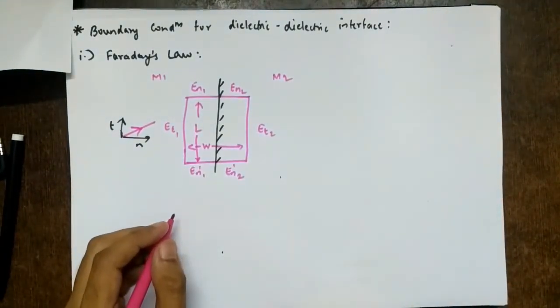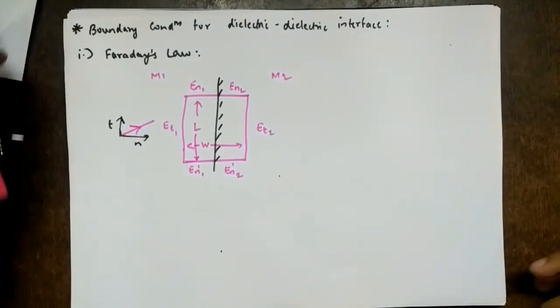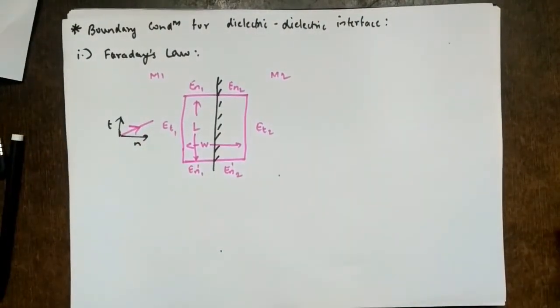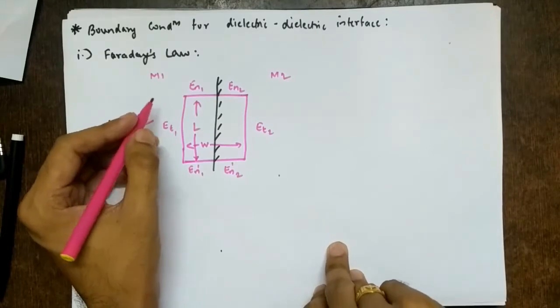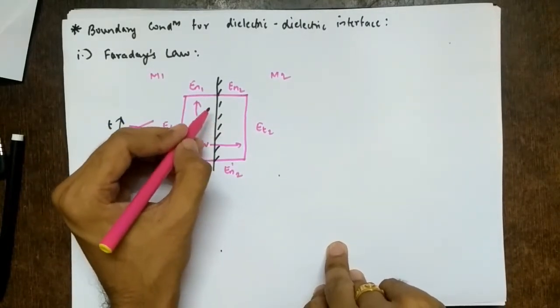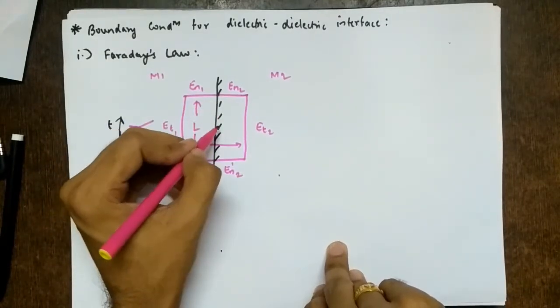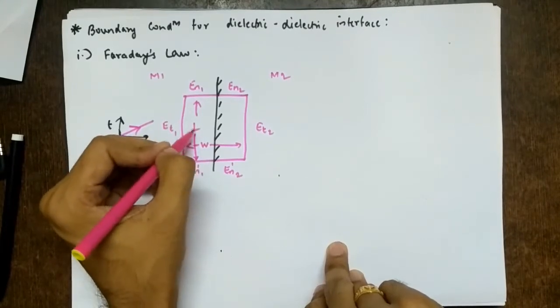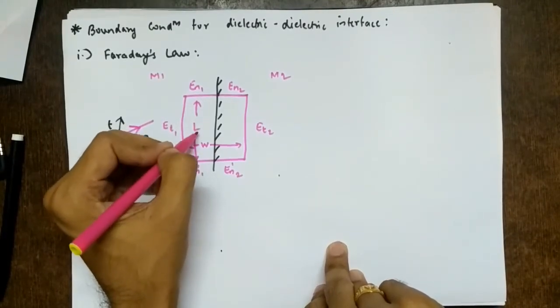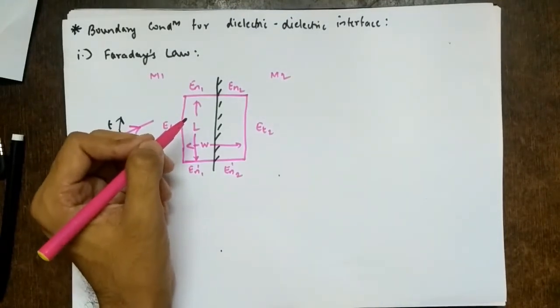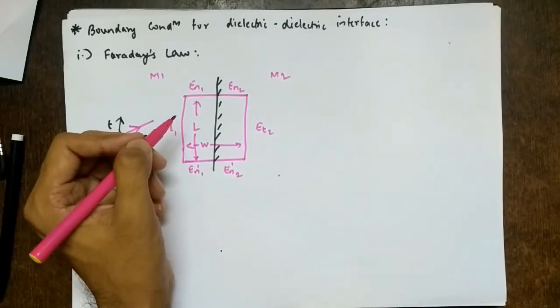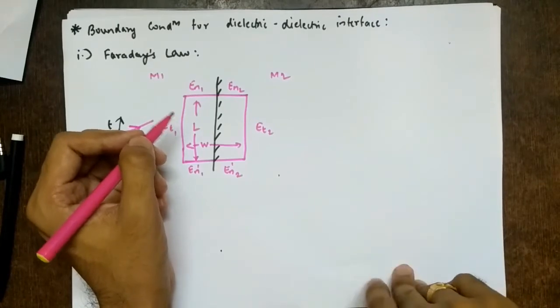Okay. So let's see how to solve this. This is again a derivation, so you cannot directly do mathematics. You have to write what your assumptions are. What we have assumed so far, you have to write. We have said: consider a rectangular loop of dimensions L by W. The length dimension is L, the width dimension is W. That is what you have to write. I am not writing it. So consider a rectangular loop of dimensions L by W placed across the boundary.